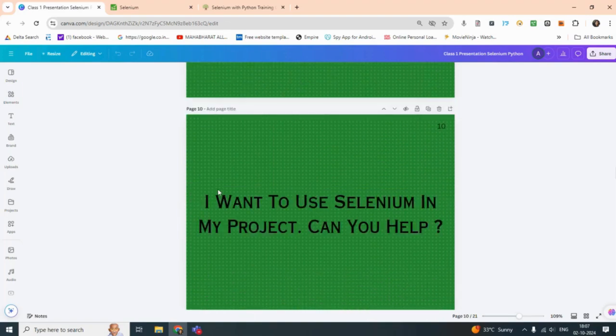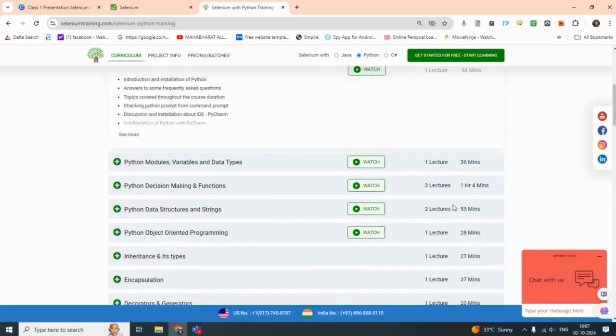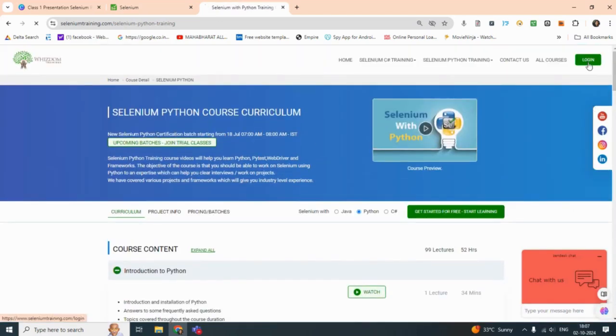The next question is, I want to use Selenium in my project. Can you help? The answer is yes. We will be helping you in your project. We have a team here which can help you. Also, we have a forum. If you go to our website and log in,